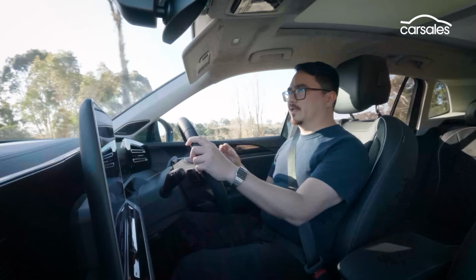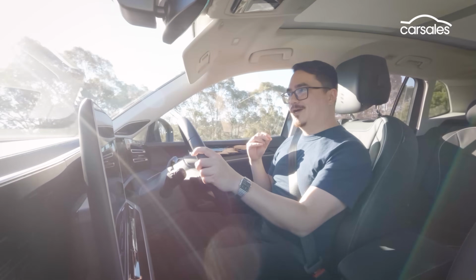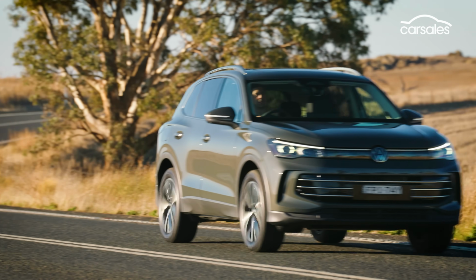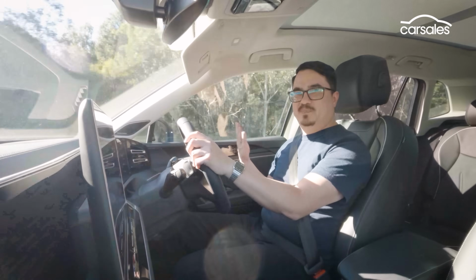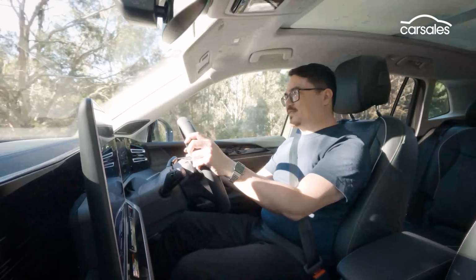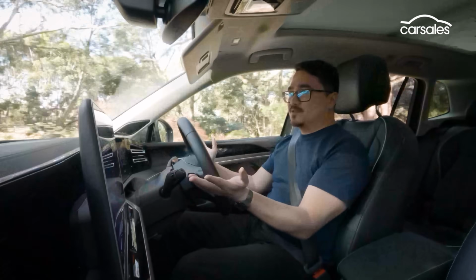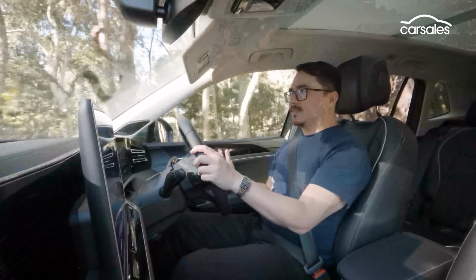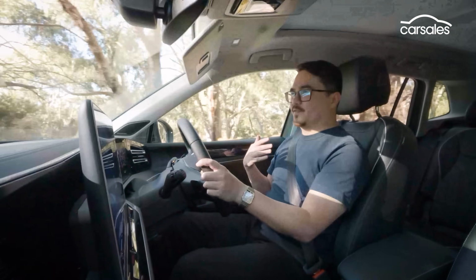The suspension's pretty good. It does feel maybe a little bit firm-ish. I think some of that might be down to the wheel and tire package. It's on 19-inch alloys here. That's the smallest the wheels go, so you can't pick a taller sidewall for the 110 Elegance. That's as chunky as the rubber gets. But to be honest, it works fine. There is a little bit of noise. You do feel a little bit of the road noise coming through that suspension,